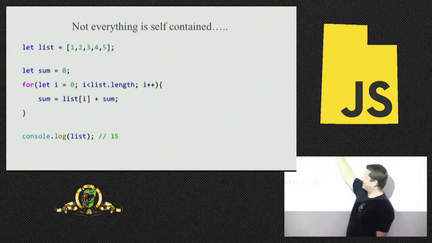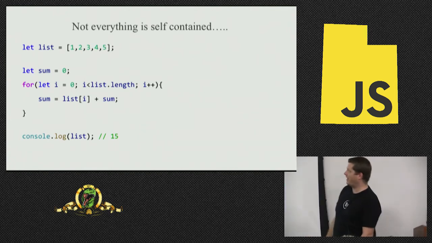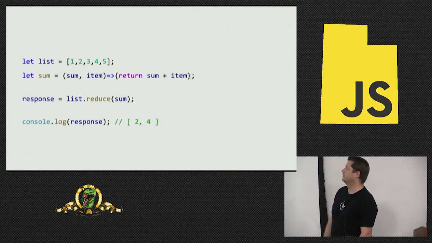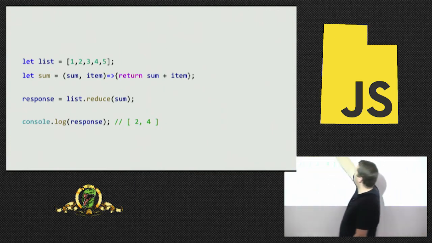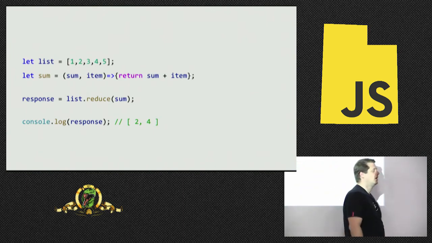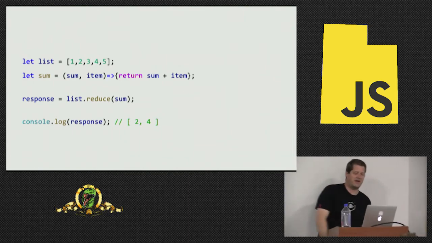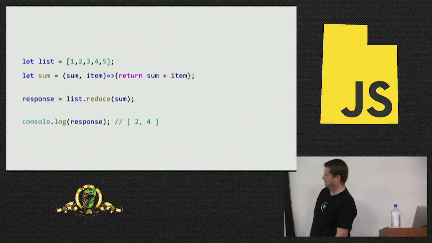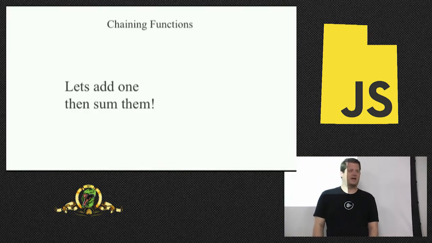Sum equals 0. I'm just adding them all together, right? Or you're running calculations against things. So there is a reduce. List.reduce, and I pass in the sum, and it's going to pass me a sum and then the item, and I just kind of add them all up. And that's not right at all. My slide's wrong. But you guys know, it's going to be 5, 9, 10, 12, 13, 15. 15 is the answer.